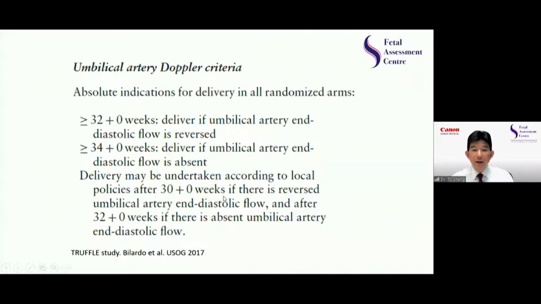And in my hands, I would be very, very clear that I would move my goalposts earlier to 30 weeks and 32 weeks. Therefore, if it's 30 weeks or more and there's reverse flow, I would deliver. If it's 32 weeks or more and there's absent flow in the umbilical artery Doppler, I would deliver. This is because of many prior discussions with the NICU staff and neonatologists who would be much happier handling a baby, even if a bit premature, but delivered in a better condition. But this is a conversation you need to have with your neonatologists in your individual departments to come up with a rational decision before undertaking these